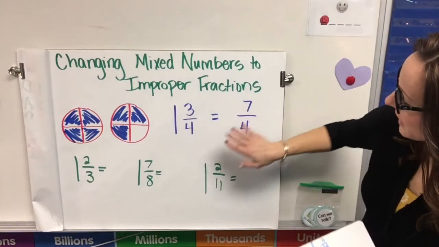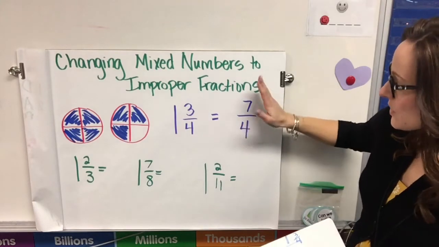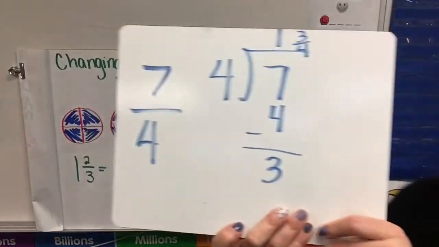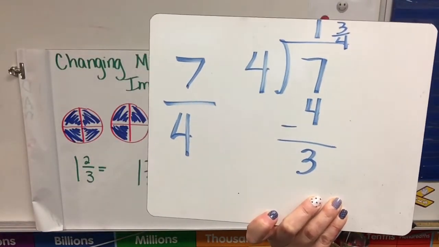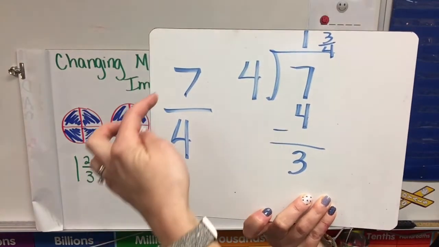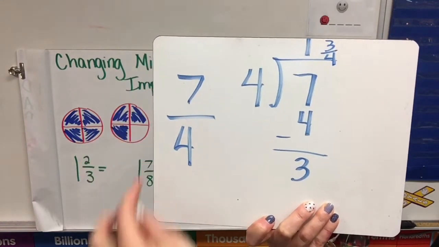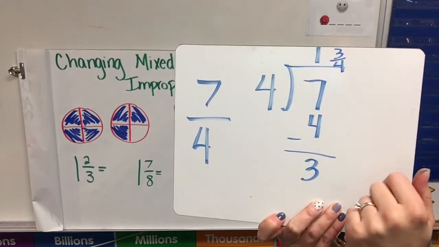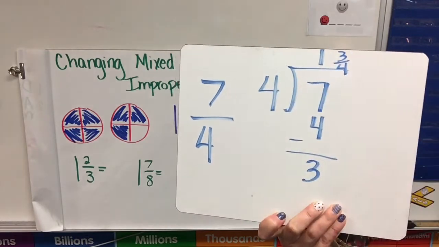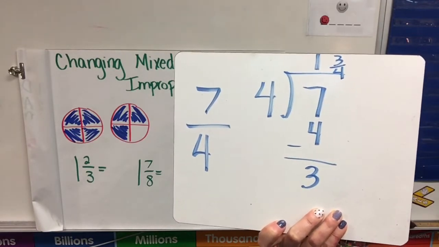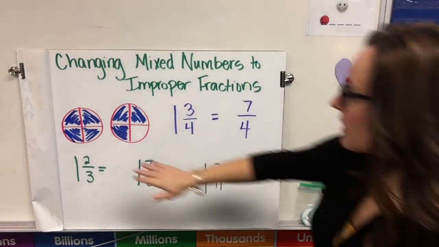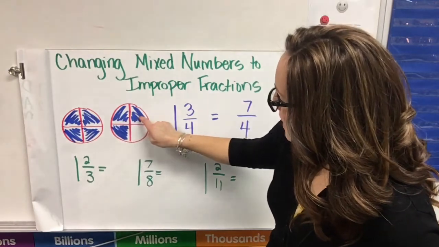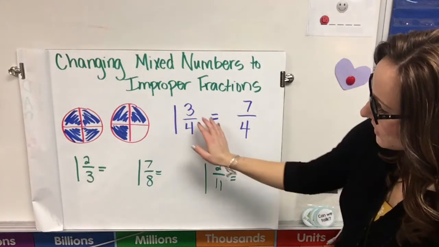So you can see here that I have 1 3/4 equals 7/4, or 7/4 equals 1 3/4, and I've drawn you a picture. I want to remind you that all this is a division problem. So when you have an improper fraction, you take your numerator and divide by the denominator. So 7/4 means 7 divided by 4. 7 divided by 4 is 1 with 3 left over, which means 7/4 equals 1 3/4. I've illustrated that here. Here I have 1, 2, 3, 4, 5, 6, 7/4, which also is the same as